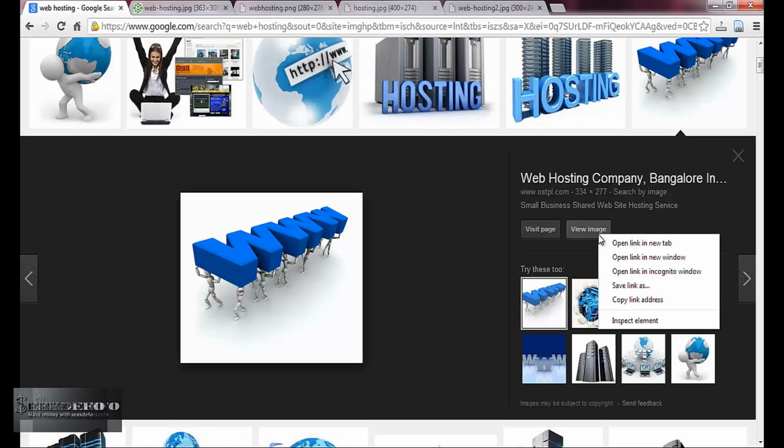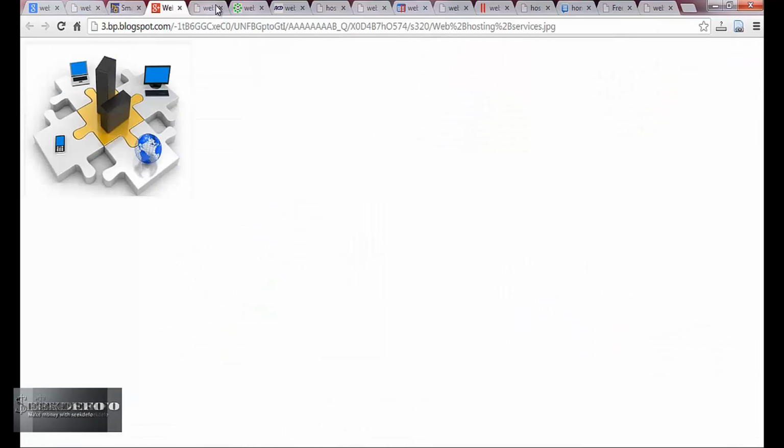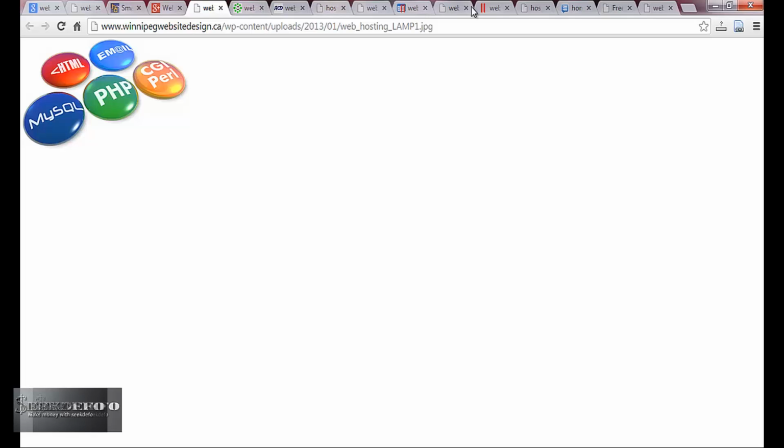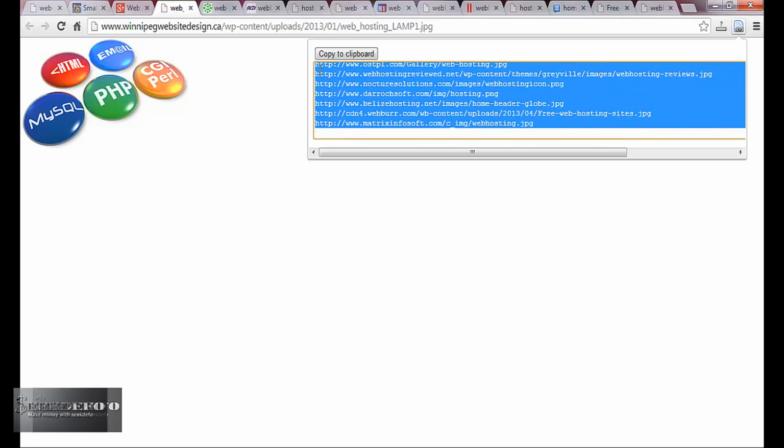I'll pause the video while I complete. So as you can see, I have got a number of images here, and you can either go to all these address bar URLs, or there is a shortcut that you have. We'll just close this one. I use a Chrome extension called Get Opened Tab URLs. It is here. What it does is it gets all these URLs,